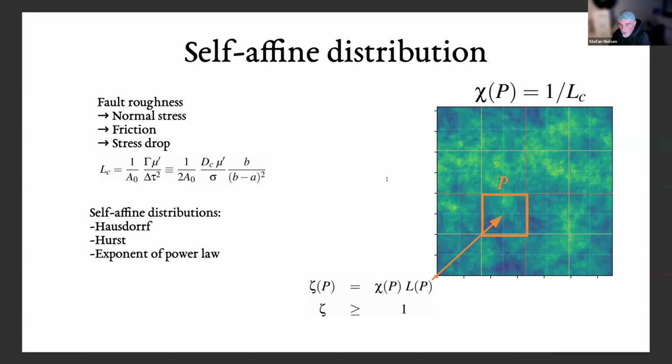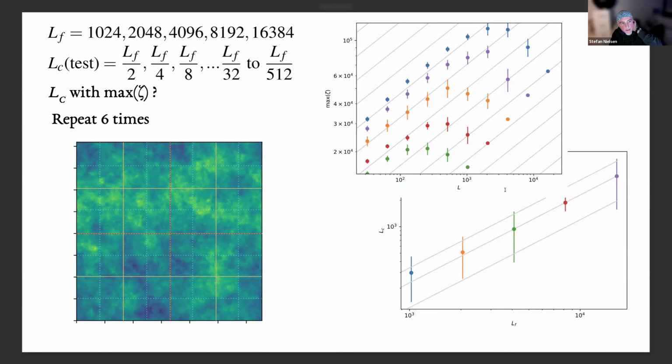Okay, so I won't go into more details about this, just to let you know that I created this rough distribution where you have heterogeneities of all sizes, and it's a bit rougher on the small scale, and you have bigger features which are less strong at the larger scale because it is a self-affine distribution. Now, again, the criterion is that the value of zeta is bigger than 1 on any of the patches within this fault. So this is then what I did.